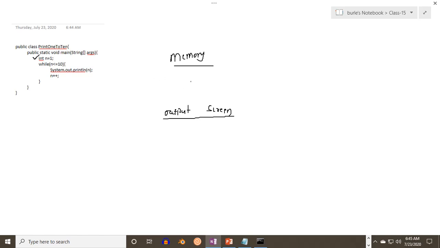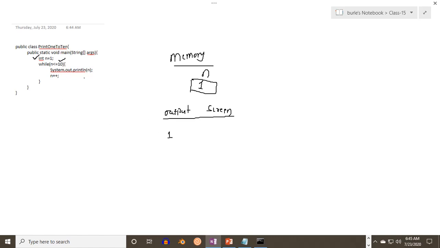In memory it occupies a location, and on that location it puts n as 1. Now while 1 is less than or equal to 10, the condition is true. Once it is true, it enters your block. Again, as I said, the opening curly bracket and closing curly bracket for a particular function or statement is known as a block. So it enters the while block, System.out.println n. It will print 1.